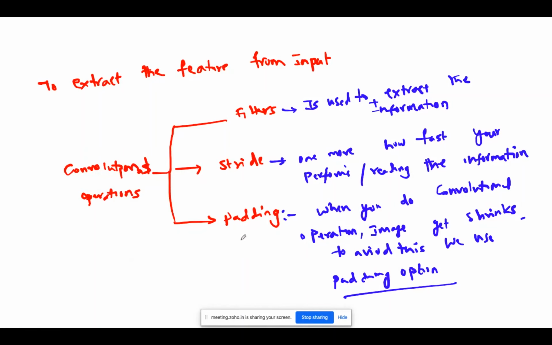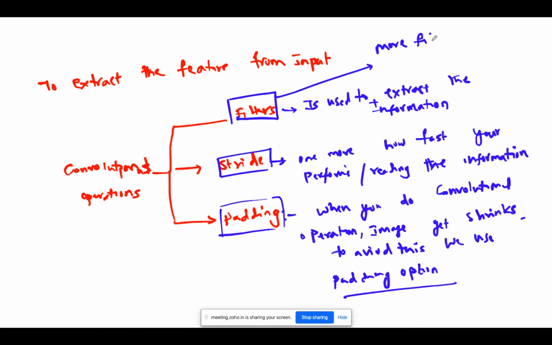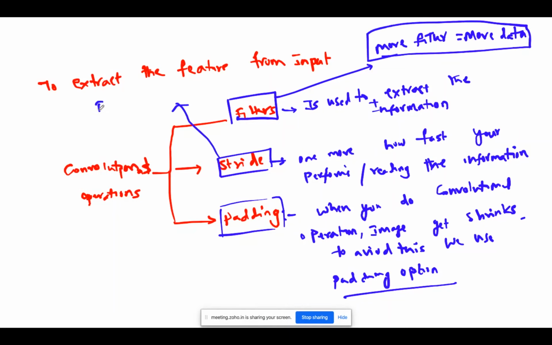In the entire process, padding is one of the important ones, filters are also important, and stride. More filters, more data you can read from the image. The basic fundamental: stride is how fast your system can scan.